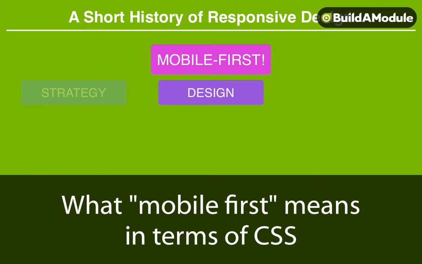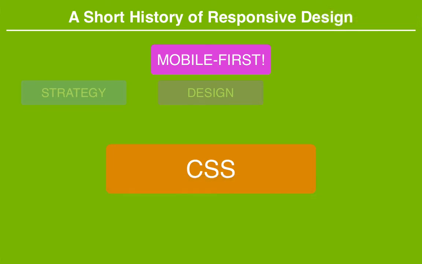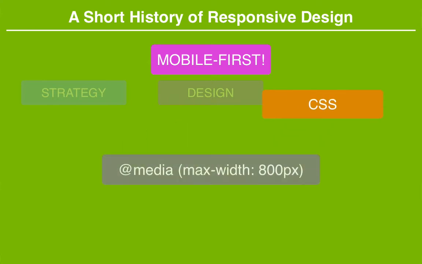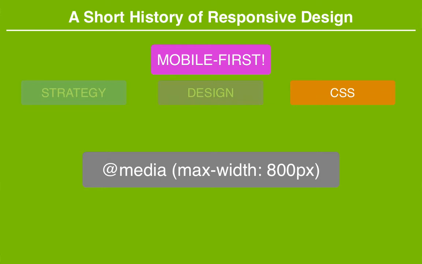Now, the other use of the term mobile first applies to how we code the CSS for our site. Earlier on, when we were building our first slideshow, we added some media queries to our CSS in order to load different sizes of the background image for that slideshow. In it, we started by using a media query for max width, which says to the browser, use these particular styles if the browser has a maximum width of this particular size.